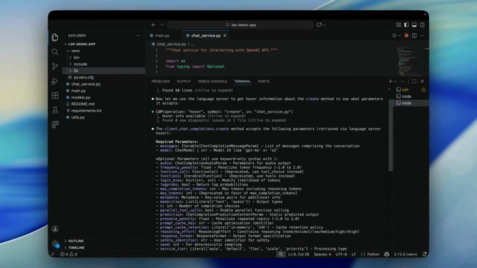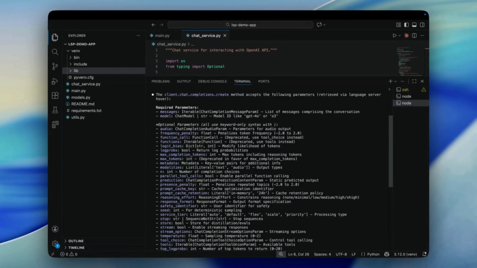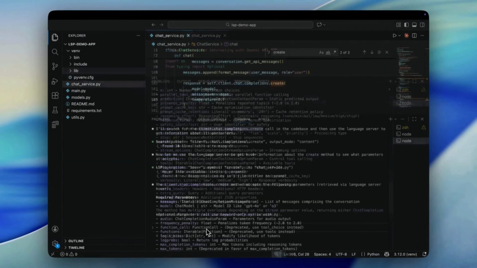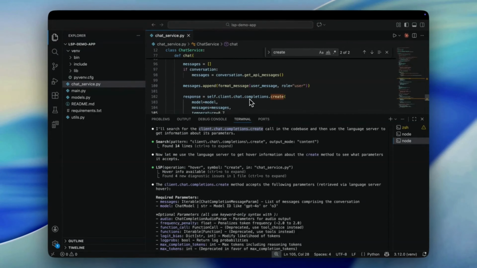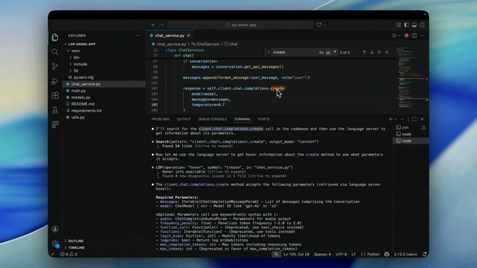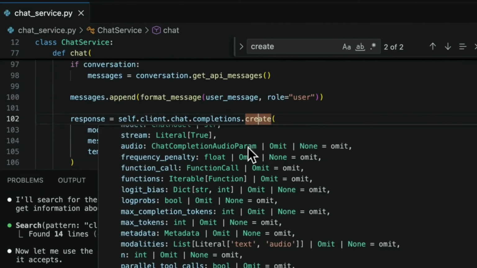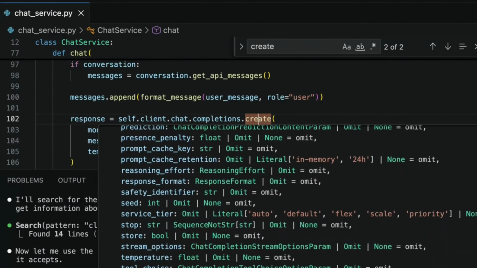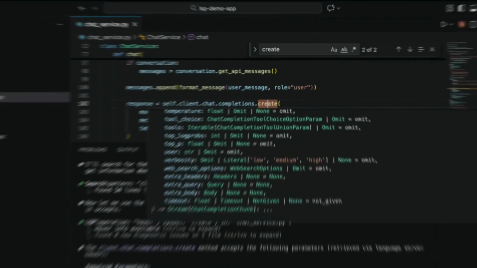This is huge for code generation accuracy. Claude isn't guessing based on patterns anymore. It's reading the actual type information, just like your IDE shows you on hover. I can do the same thing manually. Hover over the function and there's the signature. Claude Code is now doing exactly what I would do as a developer.